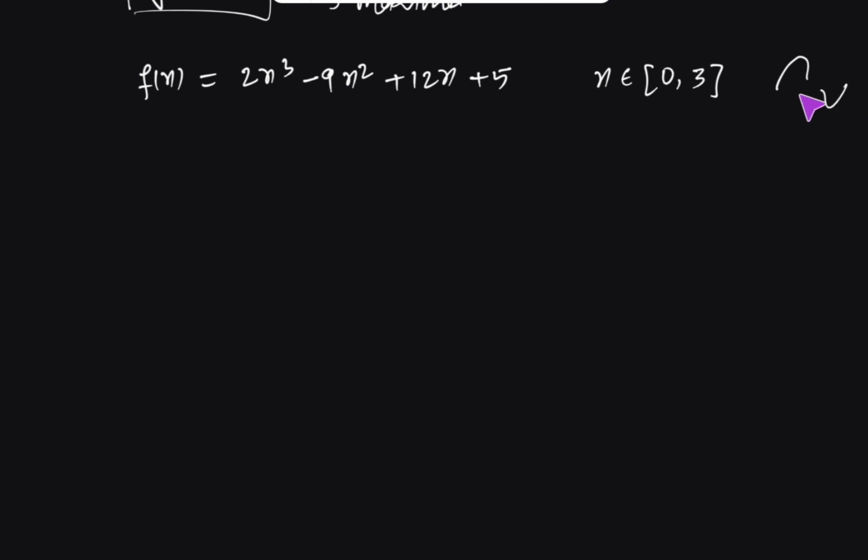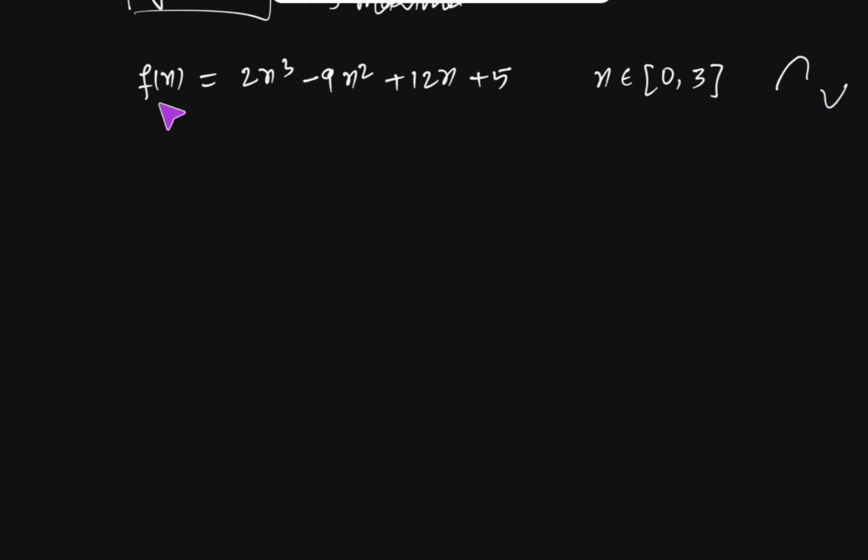Suppose a function f(x) is equal to 2x cube minus 9x square plus 12x plus 5 is given, and it is also defined that the function is defined in the closed interval of 0 and 3. So here the closed interval is also given, and now we are asked to find the minimum and maximum value. Using the test which we have just learned, we will be finding the local as well as the absolute, because when the range is given we can easily test the initial and the final value, and then we will compare it with this mountain and the valley points. So we will be checking it one by one.